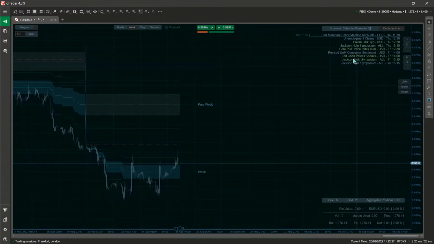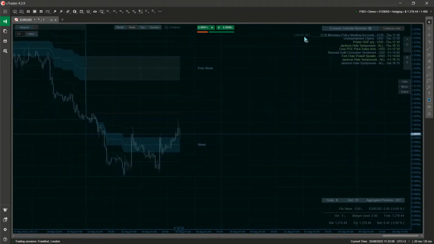First of all, you can see economic calendar, and here we can see timer that something will happen, and also here you can enable or disable voice reminder 15 minutes before each event, and here we can set it to show us only important events or middle, low,